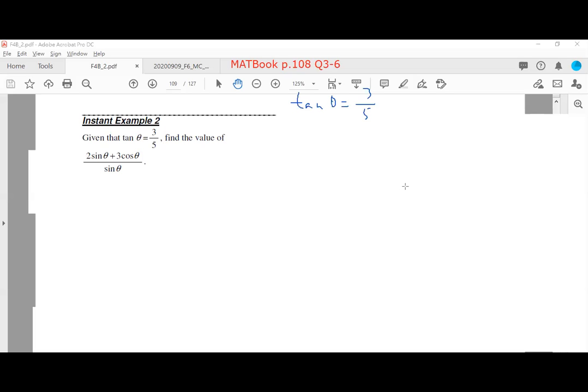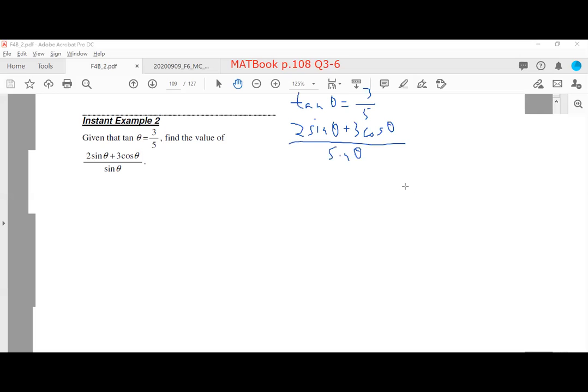OK，今次咧我哋唔去用之前嗰啲方法咧。咩畫直角三角形啊，tangent alpha 啊，quad 1、quad 2嗰啲，OK？因為咧，我哋可以直接咧由呢度去揾嘅喎。佢咧叫你揾咧 2 sine theta plus 3 cosine theta divided by sine